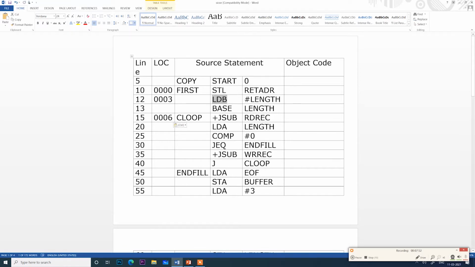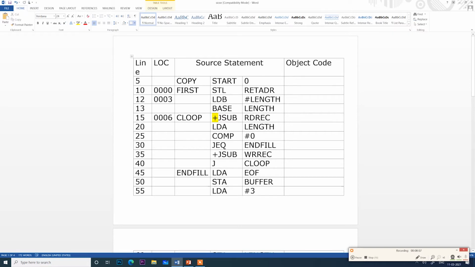So the next instruction is this one, +JSUB RDREC. I have already said, when you have a plus symbol associated with your instruction, then it is format 4. If it is format 4, it occupies 4 bytes.